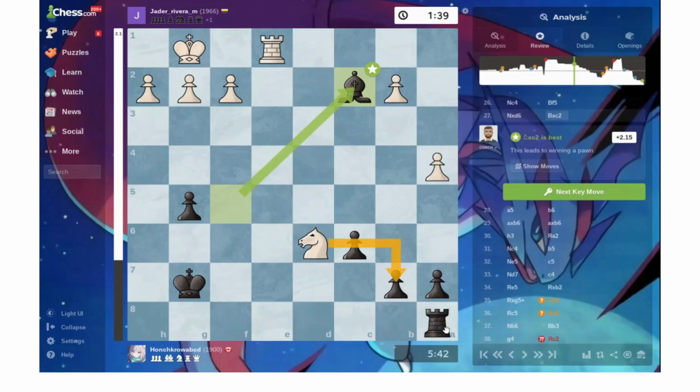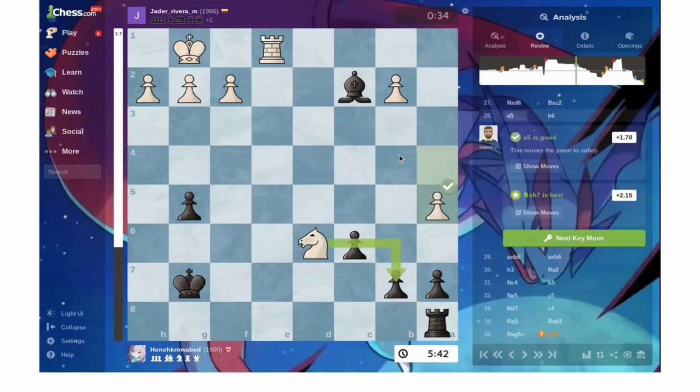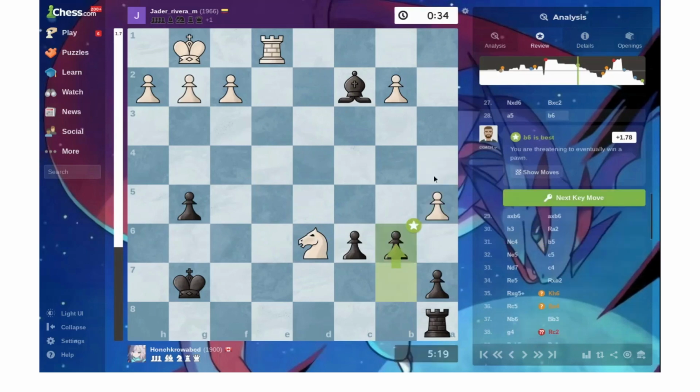And I also saw this, and I have this, and I can take this pawn, I guess. Then he plays a5. So I decided to play this because first of all, if he goes here, it's a weak pawn, so I can kind of target it. So it's a free pawn. Then I can also move my